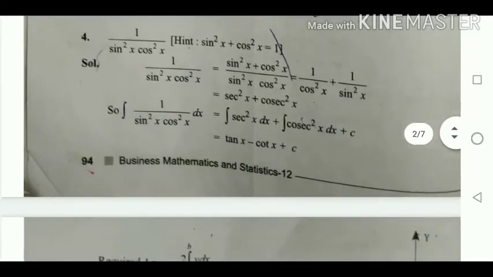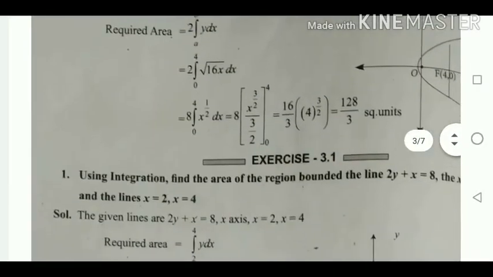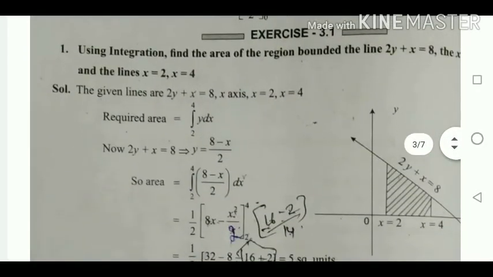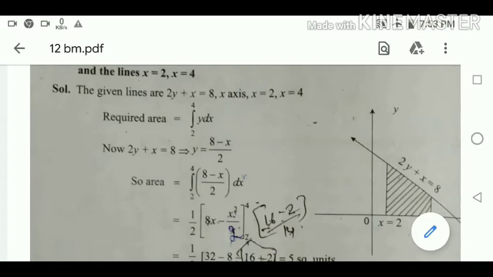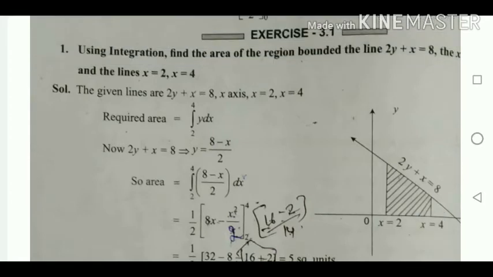Now we are going to the next chapter, the third chapter, because for your revision I am revising the important things. That is, in each type I am revising only one question. Okay. So now we are going to see exercise 3.1, which is the third chapter. For your monthly exam, you have the second chapter 2.3 as well as 2.4 and also the third chapter. Now we are revising the third chapter, first sum.